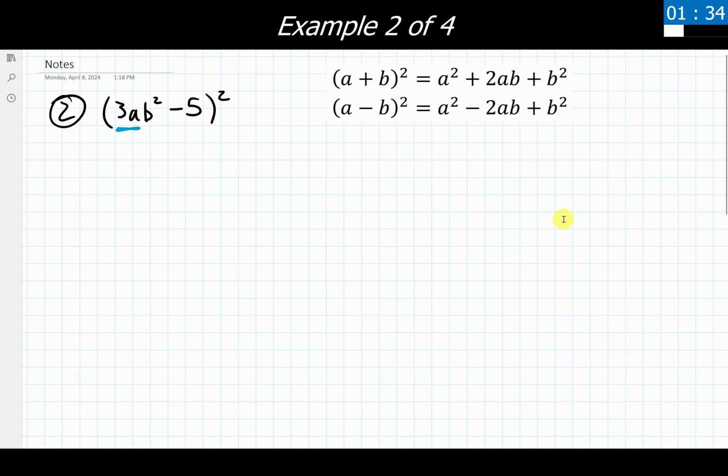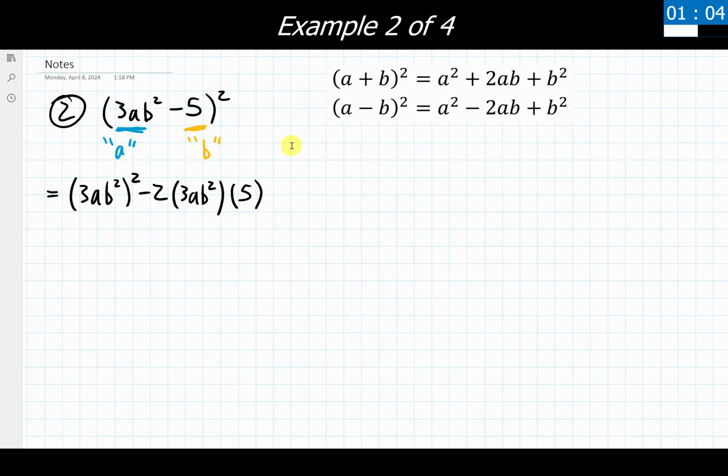So we have our A term, again with air quotes because there's not really an official name for them, and we have our B term here. I'm going to plug those into this form that we have written out here. Again, I'm not solving anything, I'm not multiplying anything out, I'm just substituting these things in right here first. And now that I have this all set up and substituted in, I can simplify this down using PEMDAS and the order of operations. We'll go ahead and do that now.